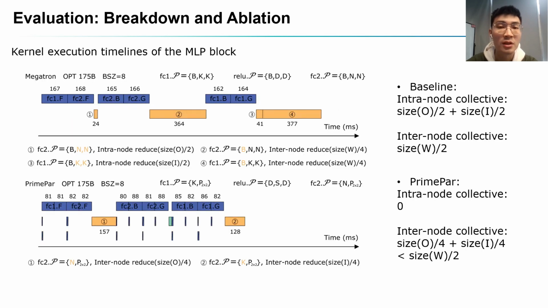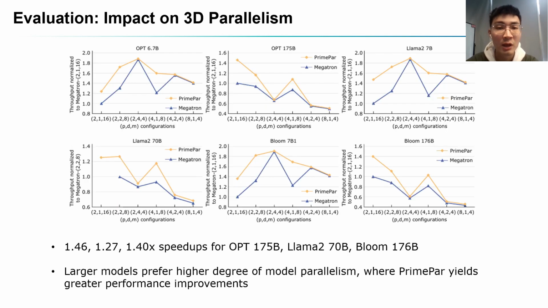Here, we compare the kernel execution timelines of one MLP block when parallelizing to 8 GPUs. Benefiting from the application of spatial-temporal tensor partition primitive, PrimePar has significantly shorter communication kernels. Using PrimePar in 3D parallelism also speeds up training. Note that larger models with 3D parallelism offer PrimePar more optimization opportunities, as they prefer configurations with higher degree of